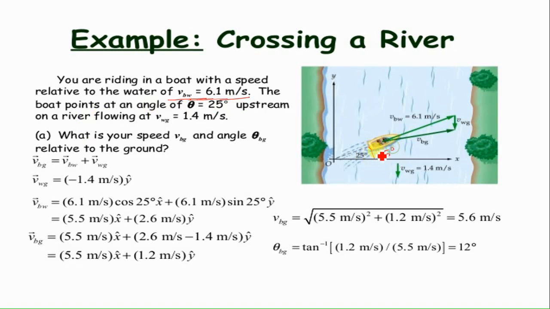That means this angle is given in the frame of reference of the river, and the velocity of the water is given as 1.4 meters per second. Then the question is, what is your speed, that is, the velocity of the boat with respect to the ground? The velocity of the boat with respect to the ground is to be found, and the direction of the velocity of the boat with respect to the ground is also to be determined. Such type of problem is to be solved